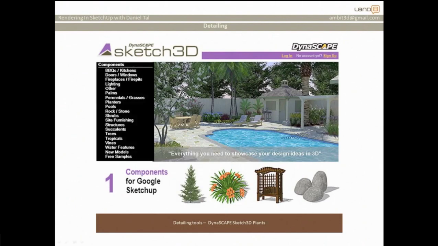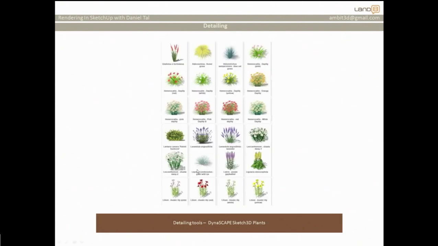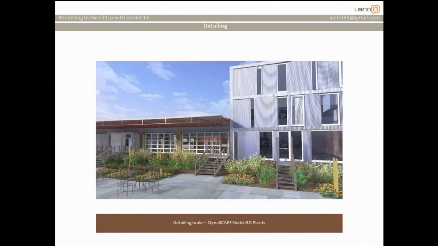They also have other models on there, but it's the best collection of plants I've ever seen for SketchUp, and they're optimized. There are 2D and 3D plants, trees, grasses, perennials, boulders, vines, pools, and structures, but it's really intended for the landscape architecture and landscape design community. You can see an example of a rendering here. In a second, this is the taxi development. I just spruced it up for a presentation, and you can see some of those shrubs there. Okay,